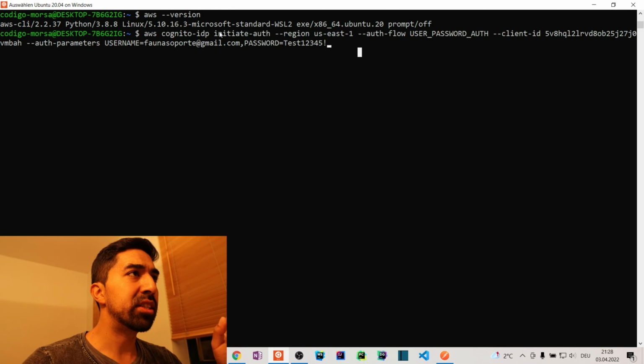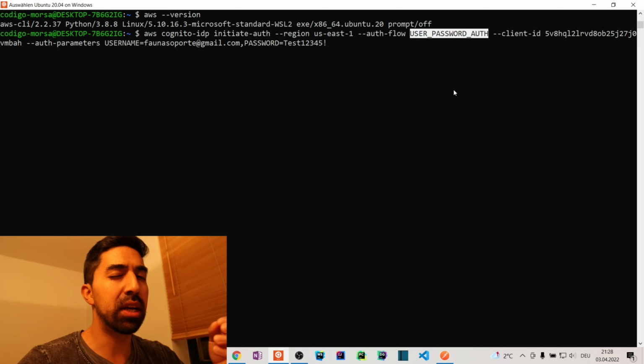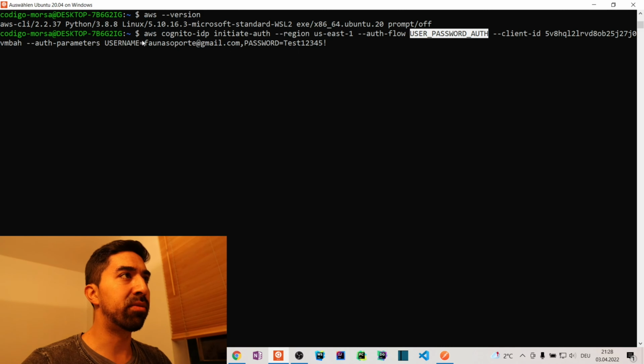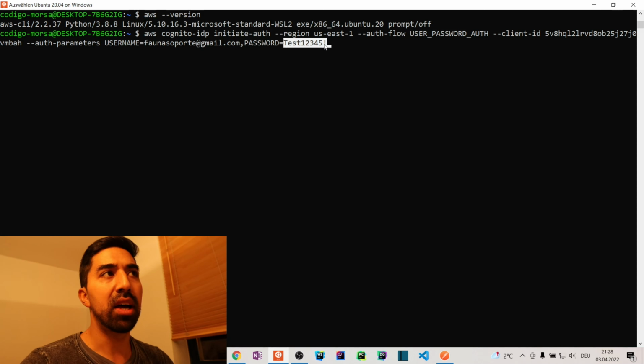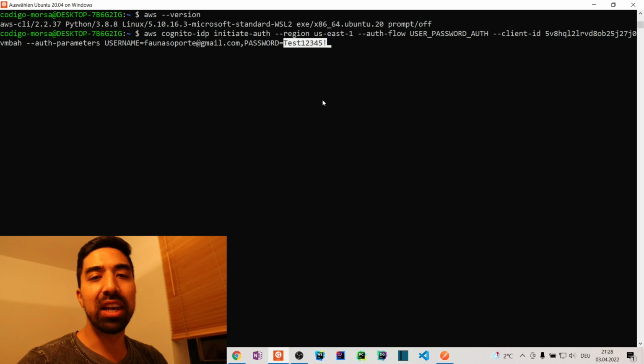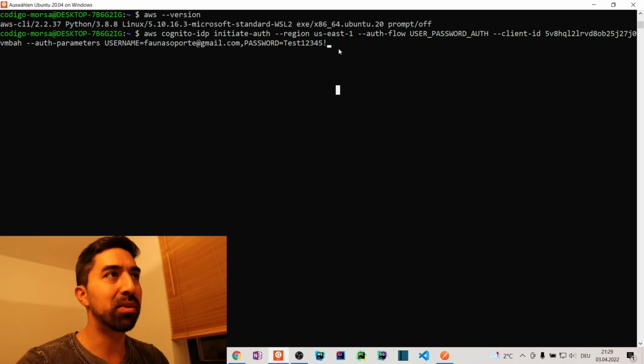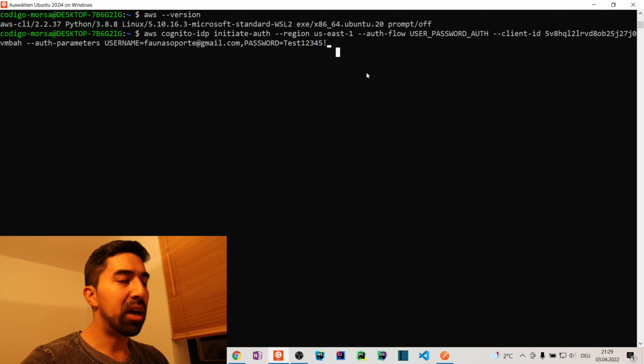Now, with this initiate auth command, I can use the user password authorization flow, which is a custom flow from Cognito, where I just write the username and the password. This is a dummy password. I'm going to delete the user after the video is uploaded, so it's not unsafe to put it on a video, because I would never do that with a production password. And now I click enter, and what is going to happen,